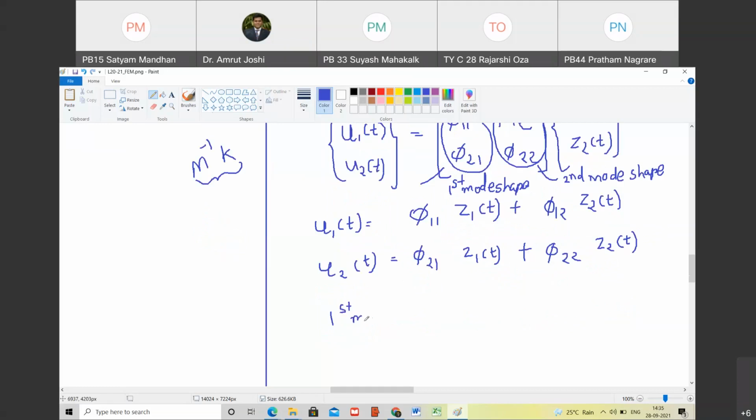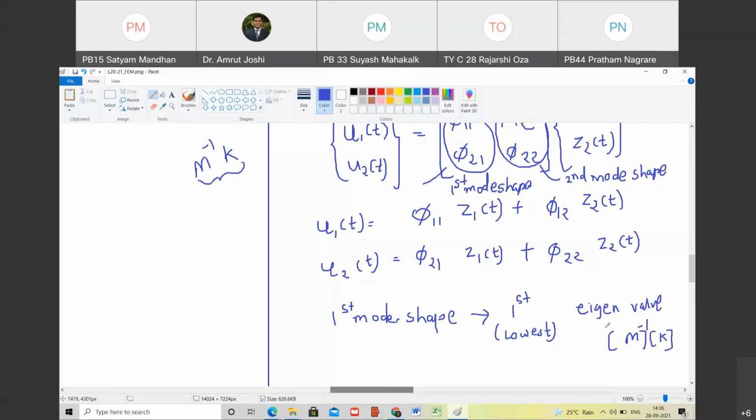First mode shape corresponds to first eigenvalue, or first which is lowest. Are you with me? Yes, sir. Arrange eigenvalues from lowest to highest. ये पहला काम करना है. उसके बाद उसके corresponding eigenvectors को एक के आगे एक रखना है to get phi matrix. Are you with me? Yes, sir. So first mode shape corresponds to first or lowest eigenvalue. Do you agree with me? Yes, sir. Of M inverse K matrix. Do you agree? Yes, sir.